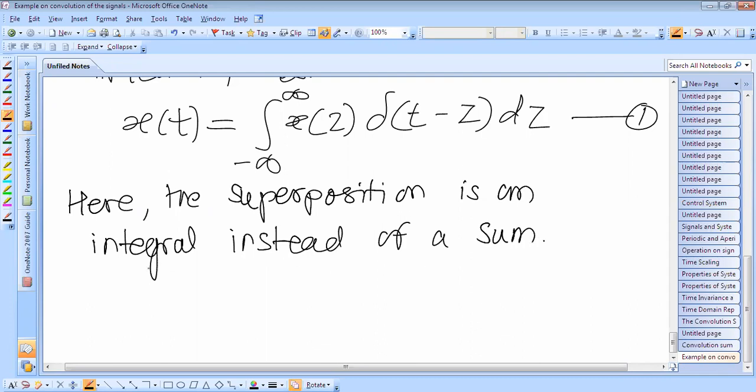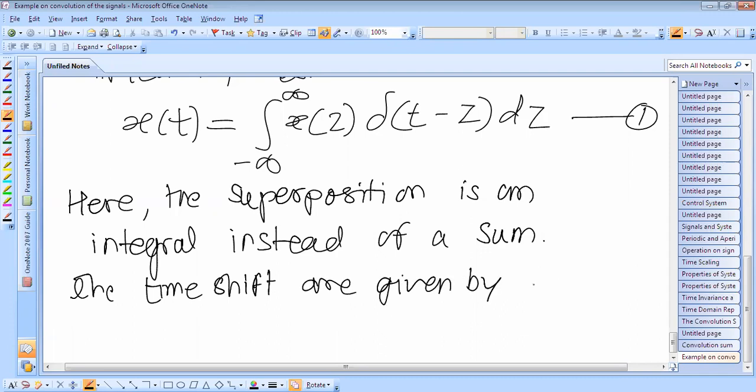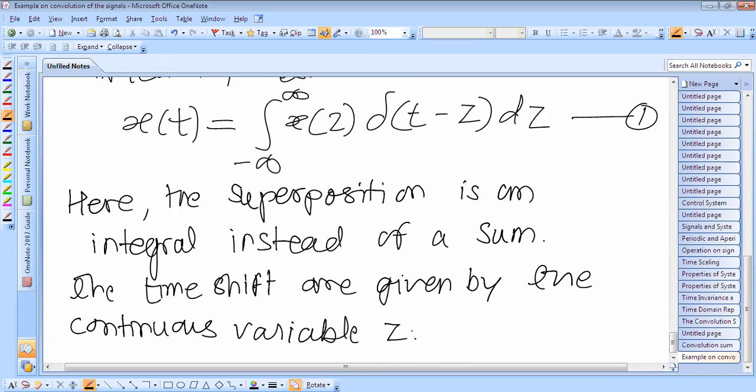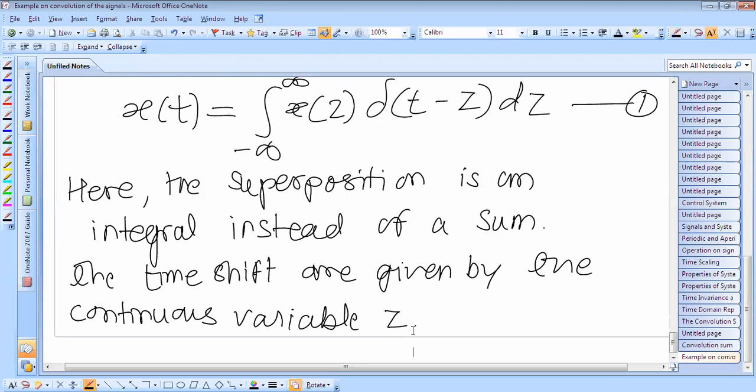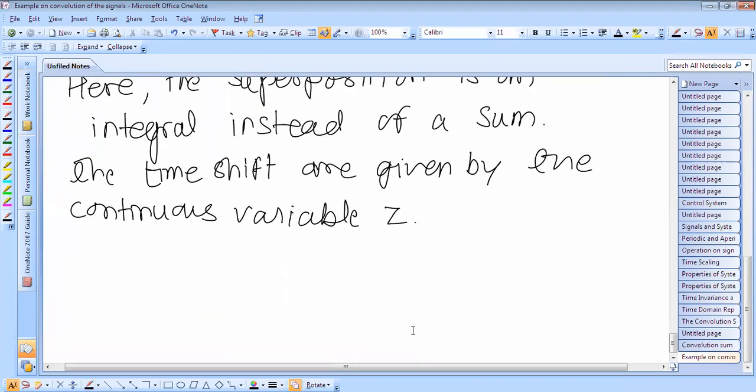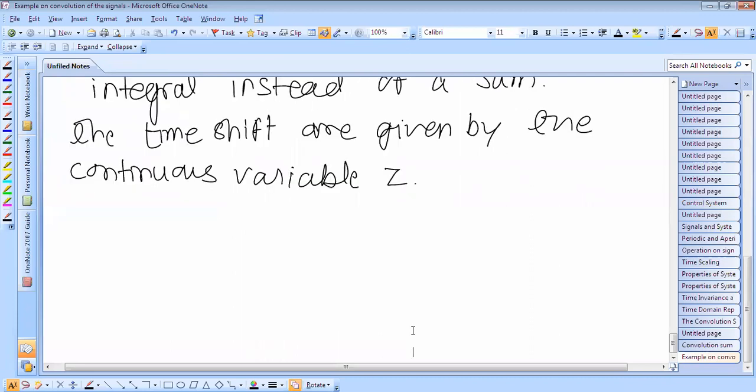And the time shifts are given by the continuous variable tau. Therefore the weights x of tau into d tau are derived from